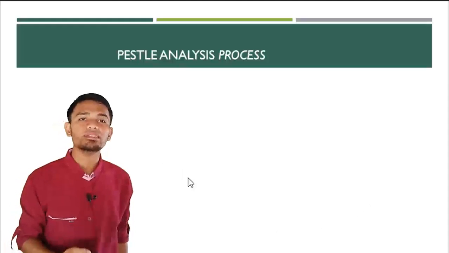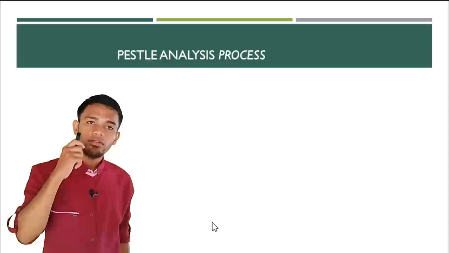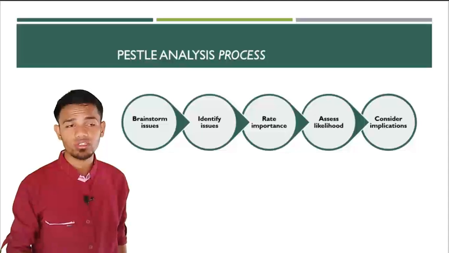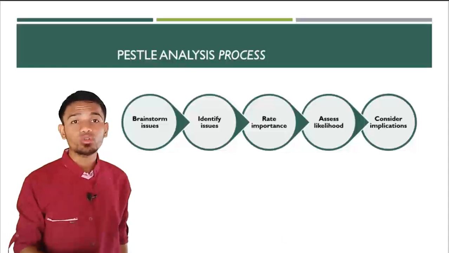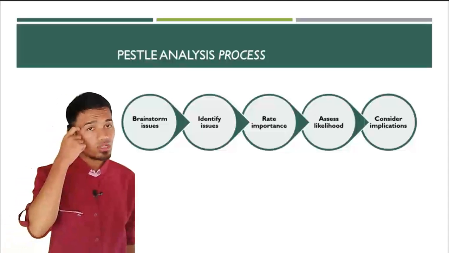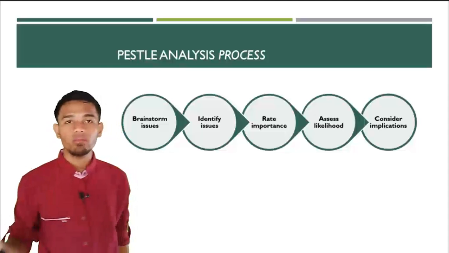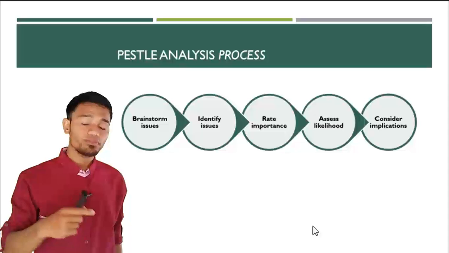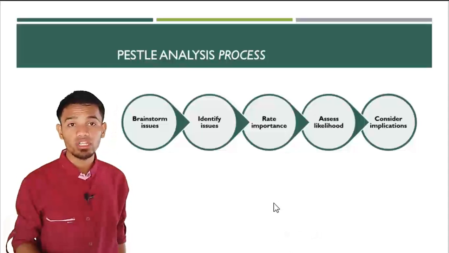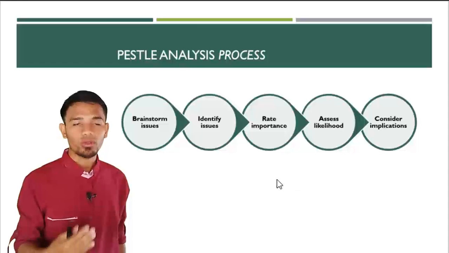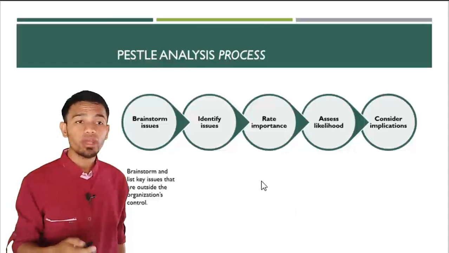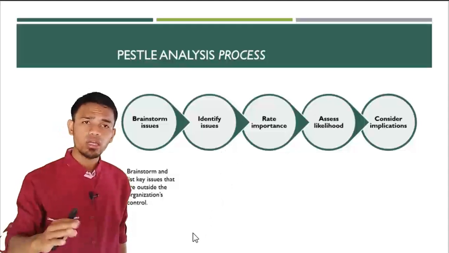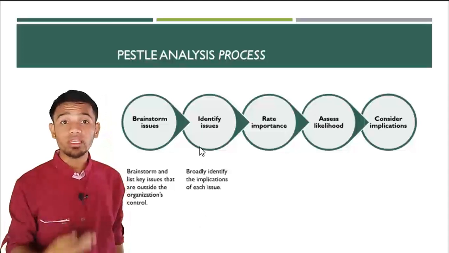Okay, this is the PESTLE analysis process. When doing a PESTLE analysis, what you need to do is follow the process, so it will be easy to analyze. The first one is brainstorm the issue. As I told you, you have to come up with your information before coming to the workshop, right? The PESTLE analysis workshop. So you have to raise as much information or as many issues as possible from the participants of the meeting or the workshop to brainstorm, so you will understand as many issues as possibly impact our company.